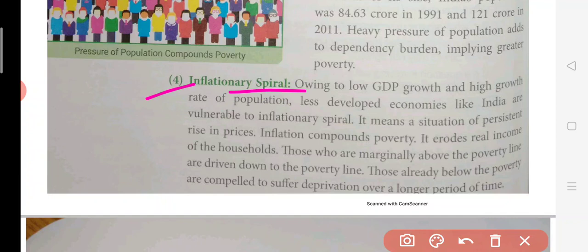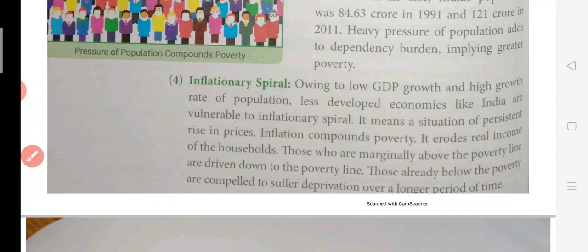so a major part of your salary will go there, आपका बहुत सारा सैलरी उसमें ही खर्च होने में लग जाएगा। As a result of it you will be able to save less, आपके पास पैसा कम बचेगा, और धीरे धीरे आप मिडिल क्लास से स्लिप होकर पुअर क्लास में आ जाओगे। तो यह एक काइंड ऑफ इन्फ्लेशनरी स्पाइरल है। If inflation is not controlled, this is again population की वजह से ही हो रहा है इन्फ्लेशन। ठीक है, जितनी पॉपुलेशन डिमांड कर रही है उतना ज्यादा सप्लाई नहीं हो पा रहा है, तो महंगाई बिल्कुल होगी।